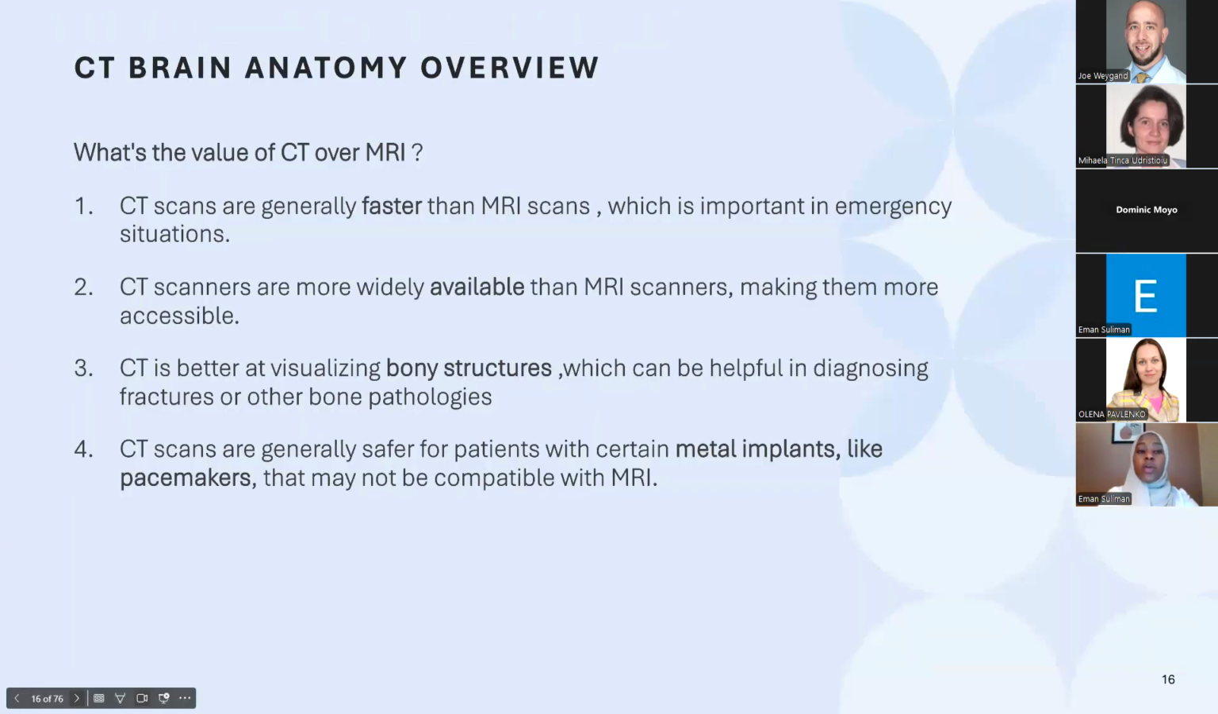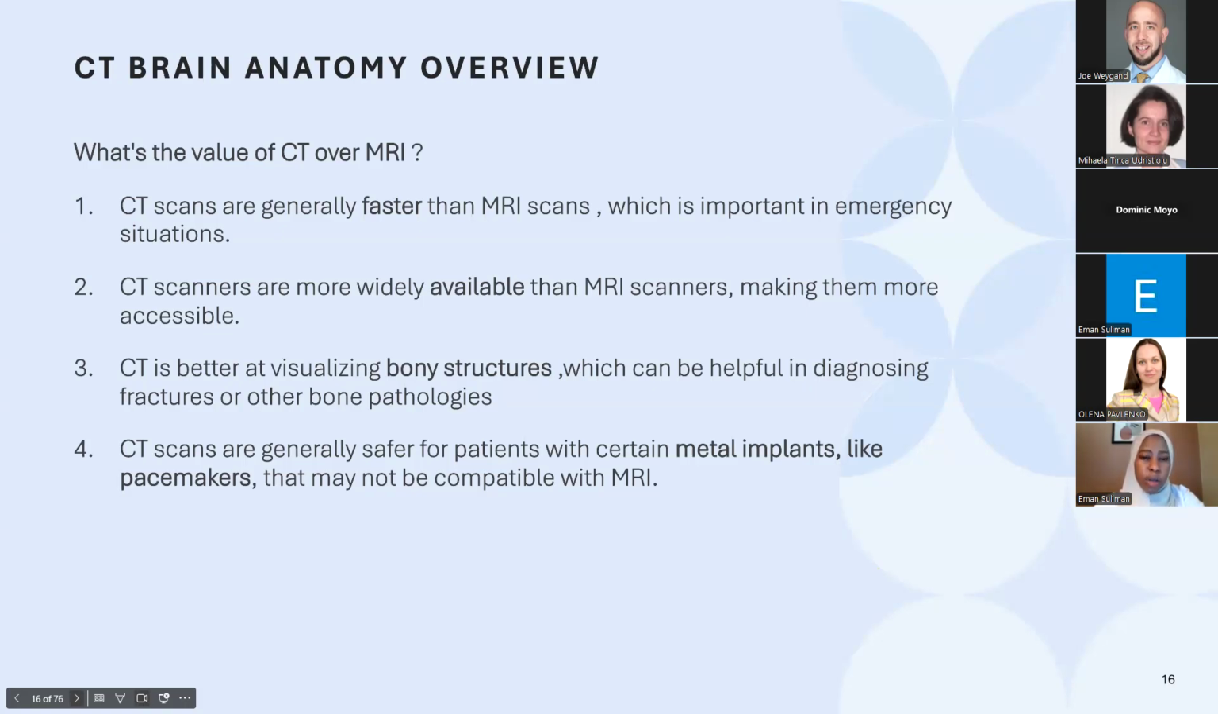Okay, so what are the values of CT over MRI? As we all know, CT is generally faster than MRI, which is important in emergency situations, and CT scanners are also more widely available than MRI scanners, making them more accessible. And also the